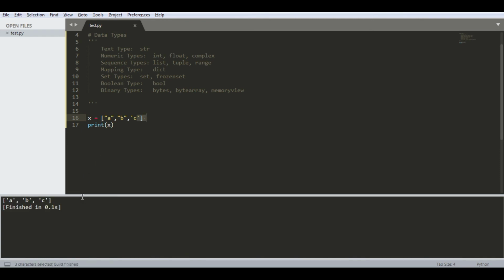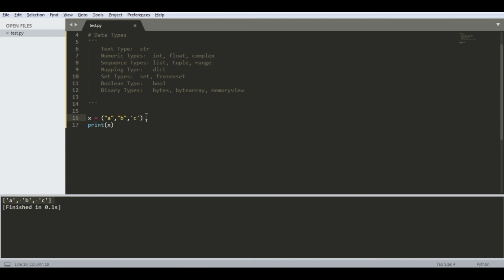We'll print out this list. For the tuple, we just change this to parentheses. And also, we're going to discuss in detail what the difference is between those types.